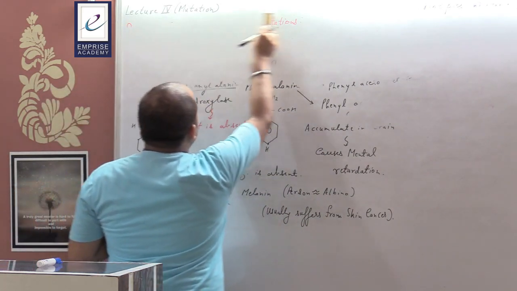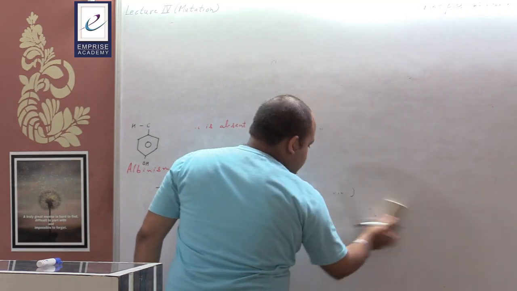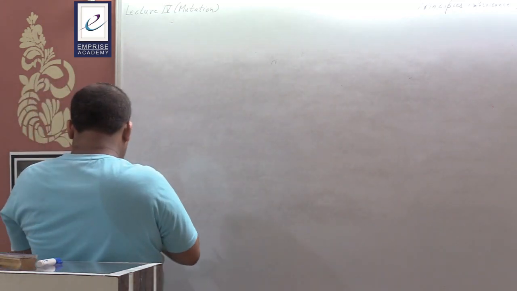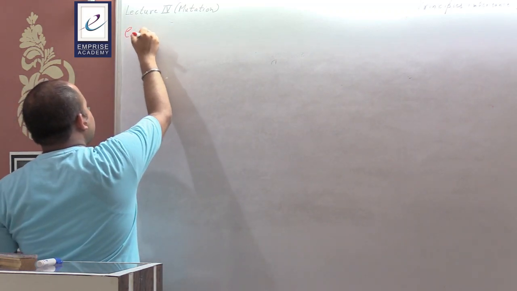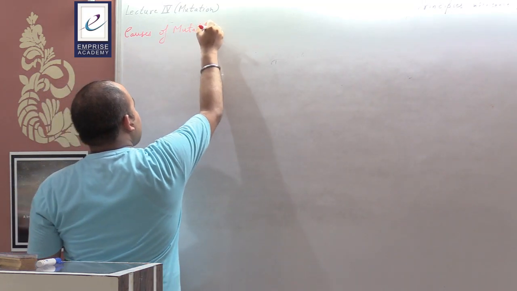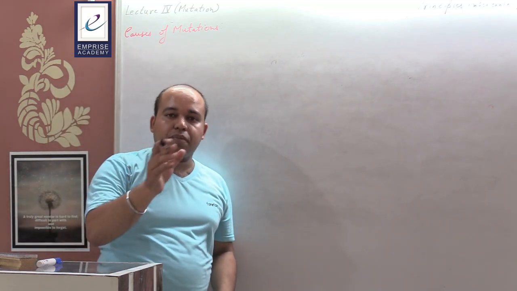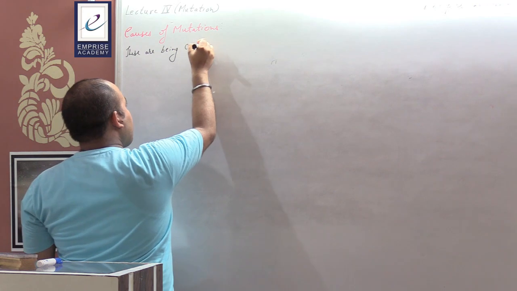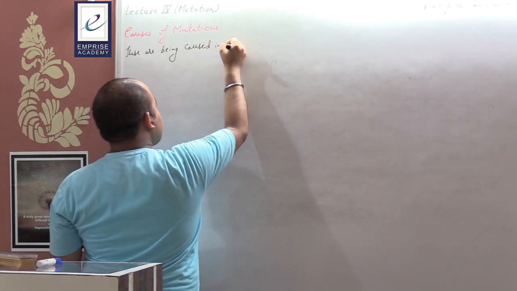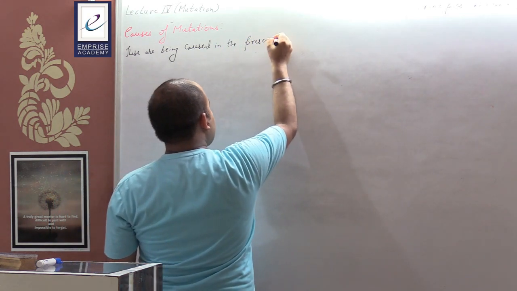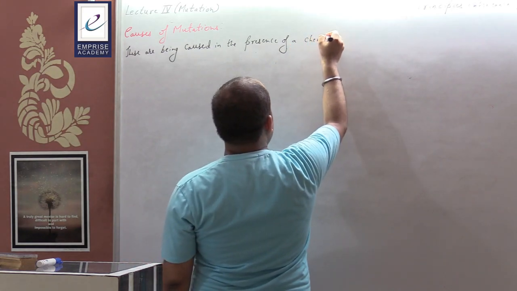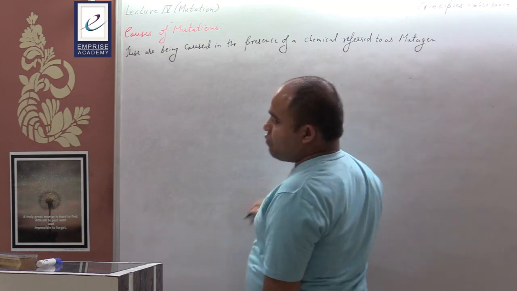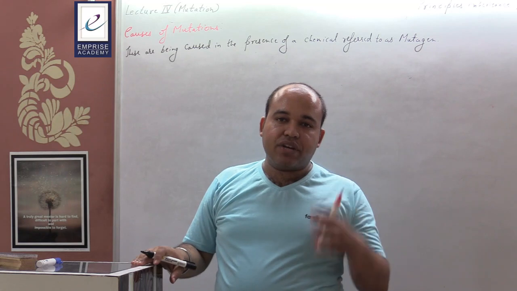Causes of mutations. Which are the different causes of mutations? Mutations are caused because of the presence of a particular chemical agent called a mutagen. Now, mutagens can be classified into three different types: the physical mutagen, the chemical mutagen, and the biological